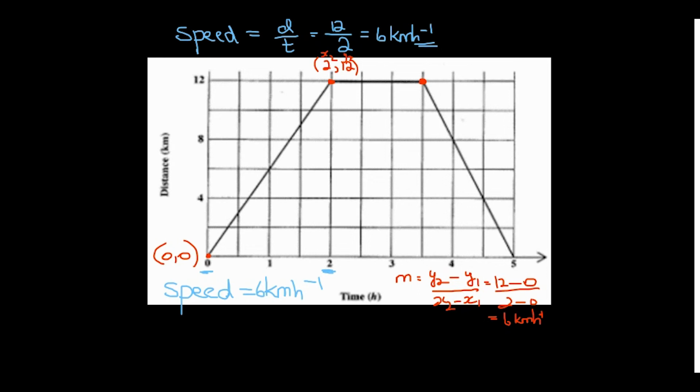And to be fair, you could go back to indices as well and you would understand where this minus 1 comes from, but the quantity to the minus 1, unit to the minus 1, simply means that you were dividing by that particular quantity. So if you see h to the minus 1, which is the unit for time, it's telling you that you divided by time, so that's why the result is going to have kilometers, and then h to the minus 1 comes from the fact that you divided by time, which was measured in